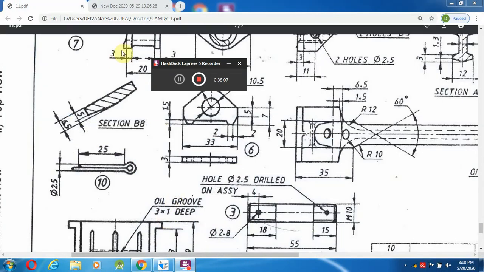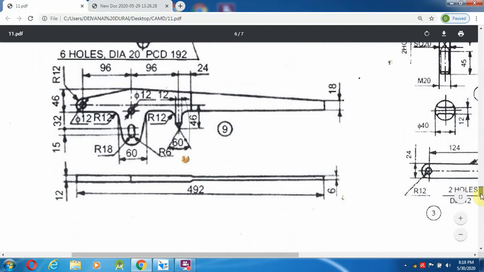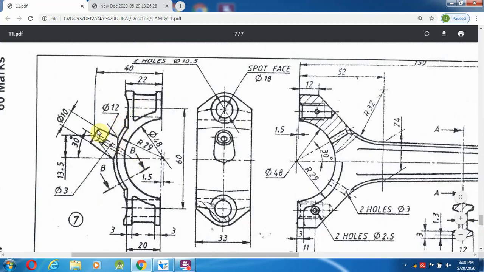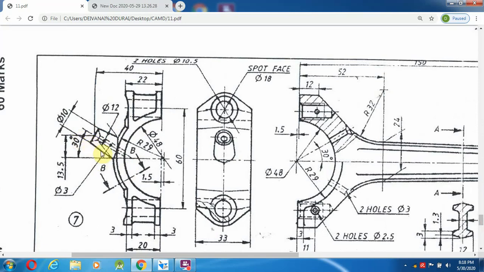The next important thing is this surface, like this type of surface. Inside it will be, okay, what is the angle? It is 30 degrees from here, one profile, and the other side one. So what to do? Going to make a 30 degree line and use revolve protrusion from up to the mid.